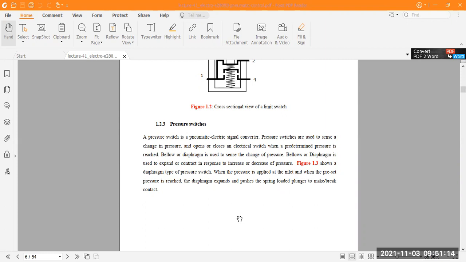When the pressure is applied at the inlet and the preset pressure is reached, the diaphragm expands and pushes the spring-loaded plunger to make and break contact.